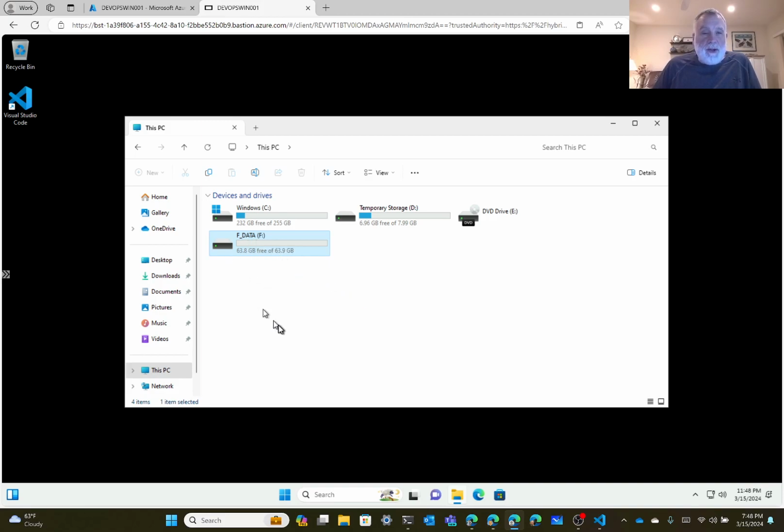Your drive letters in Azure should start at F because D is usually reserved for the temp drive, and E is usually reserved for the quote unquote CD. So if you're mounting ISO images or whatever, E is usually reserved for that. And then if you're needing to debug that